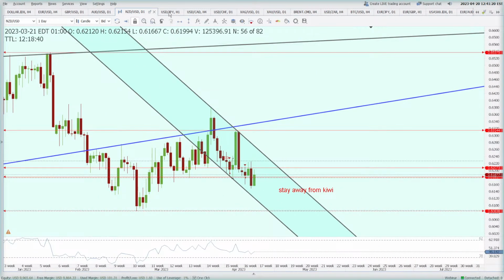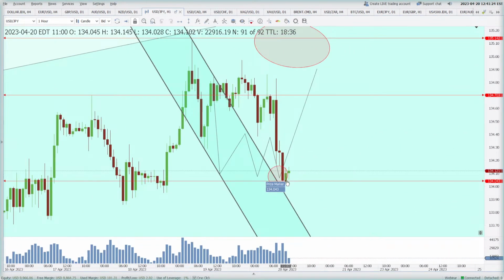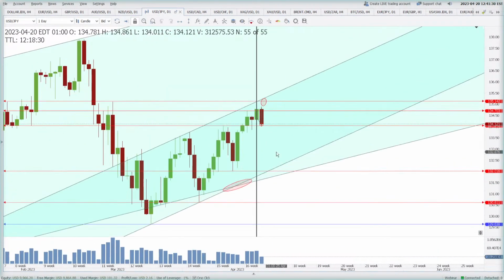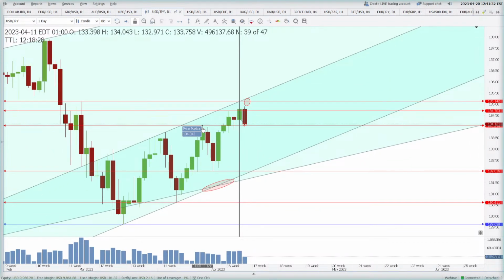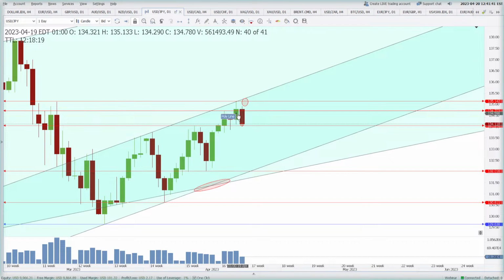Dollar against the yen right now is on the support where one should be buying. Why? Let's check. On the daily, this was a level of breakout. It held as a support. Boom boom. I'll just remove this. Then there was a test of 135.14. It tested? Wow, how is it possible?